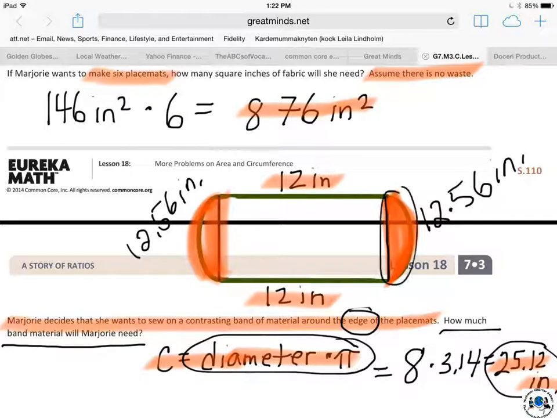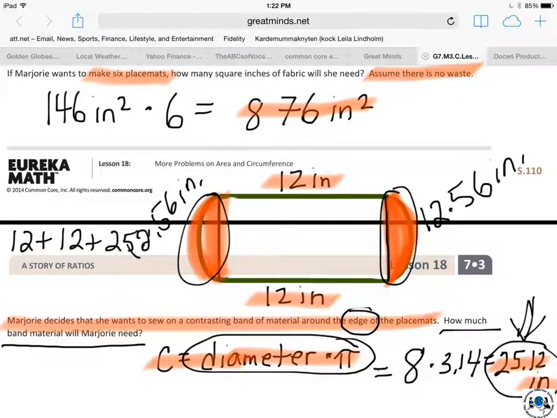Because it's only going to be half of that circumference, okay? But I just did the complete circumference here and got this number right there, okay? Then we have 12 plus 12 plus 25.12 gives us a complete perimeter of 49.2 inches. Very, very important that we express that in inches and not square inches or inches square,